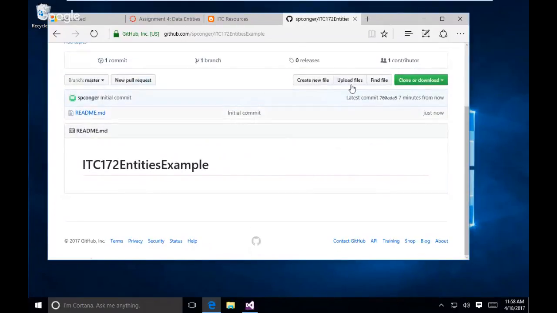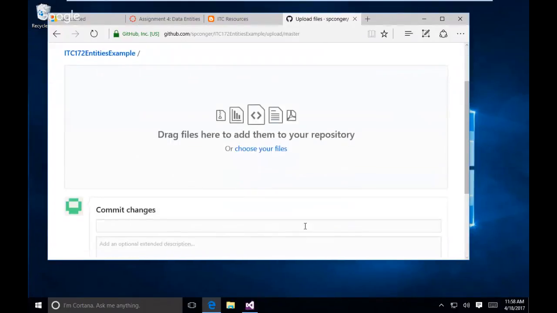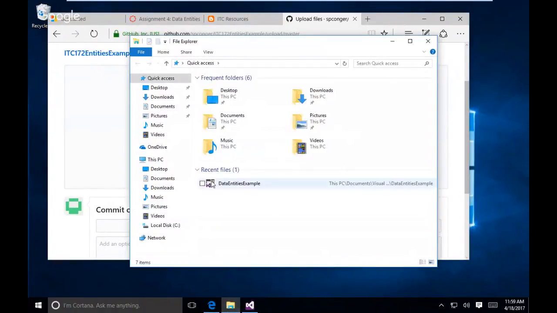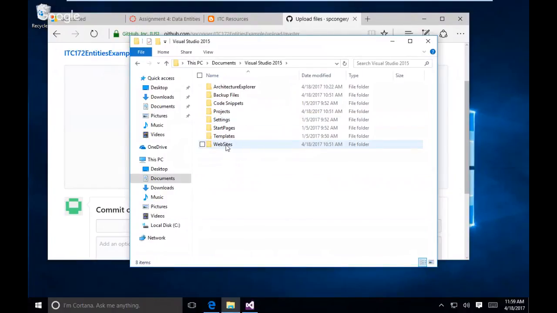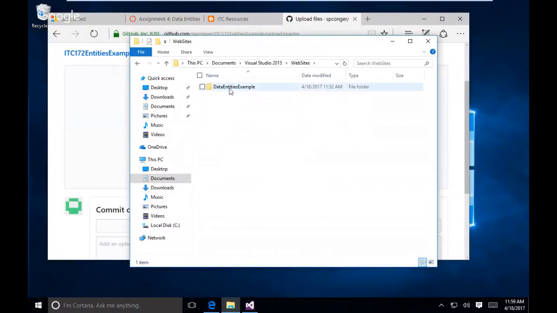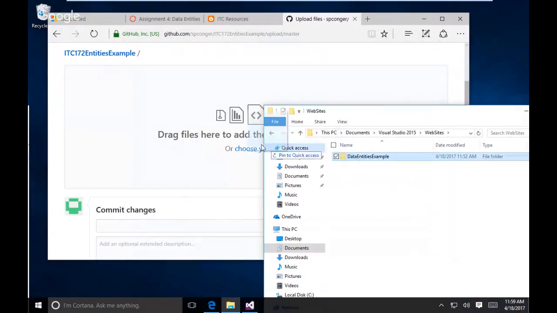All right, so I'm going to upload files. Here's something that works really well that I didn't know worked really well. I'm going to go to Documents, Visual Studio 2015, website, the data entities example. I'm just going to drag that on there. And if you drag the whole folder,